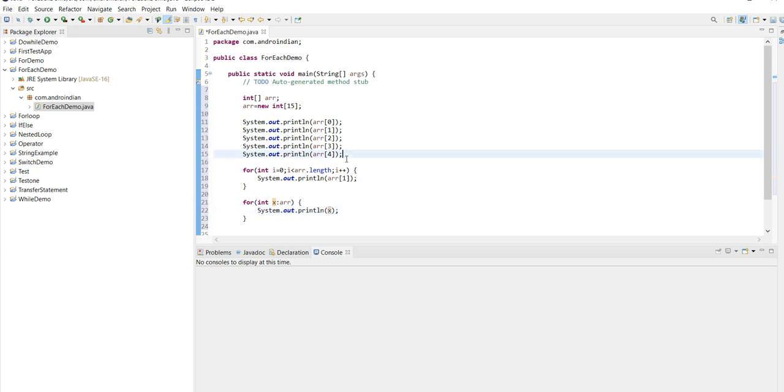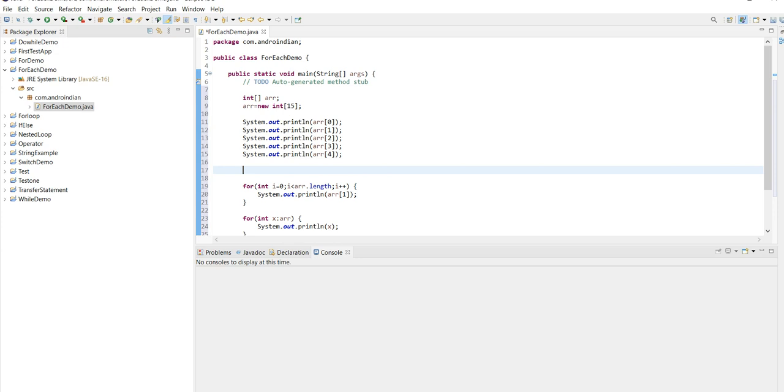Here we already defined the array positions, so I will assign some values. Arr 0 equal to 11.